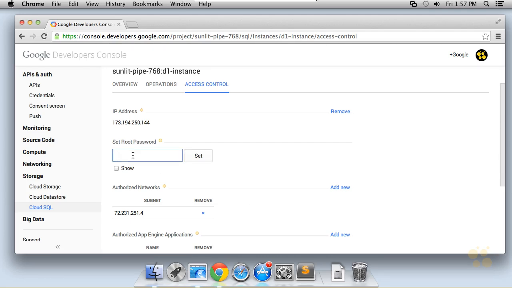And the last thing I need to do is set a root password. There's no users on this database yet. There's only a root user, but there's not even a root user until I create the root password. So I'll go ahead and make my root password. I'm going to make it Ben is cool. Seems like a good password. Click Set, and a moment later, my root password has been changed,